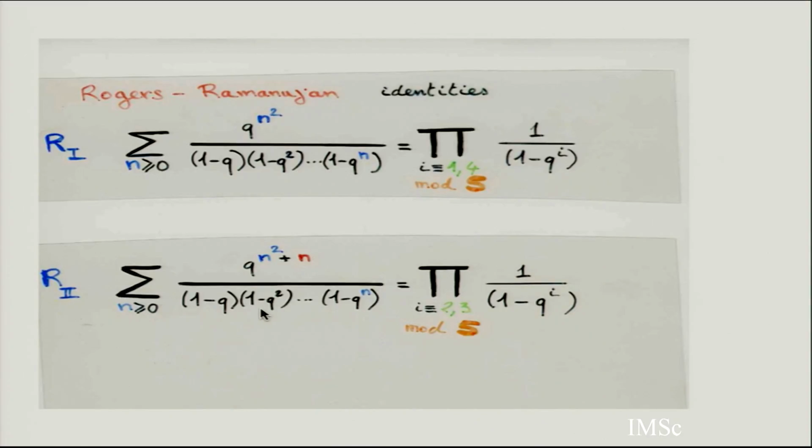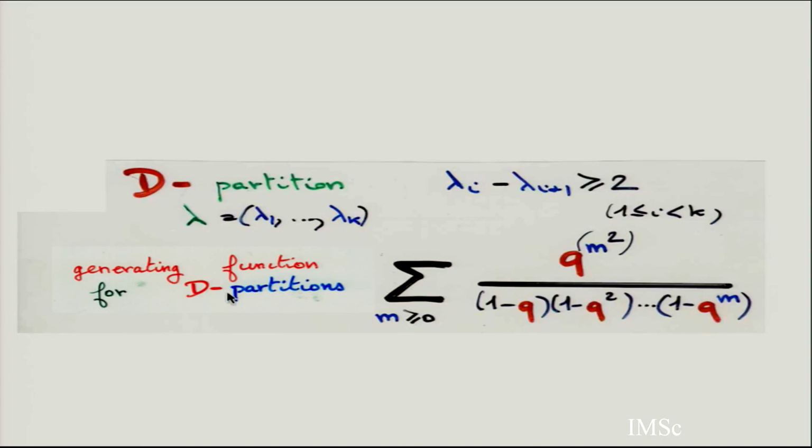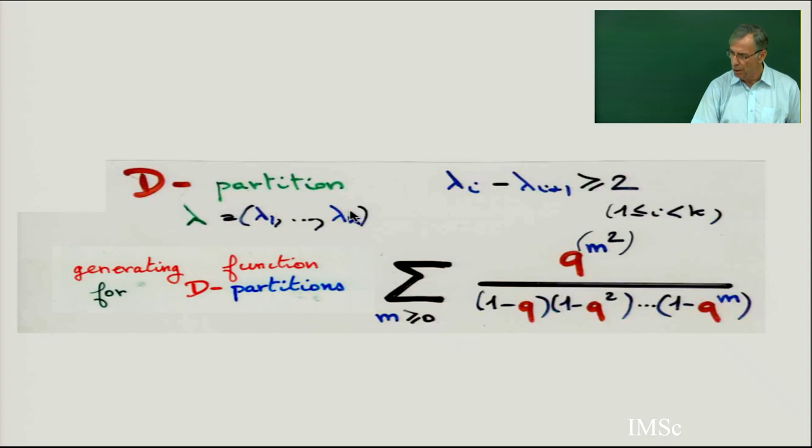And so in the class, we already met Rogers-Ramanujan identity with a pyramid, with a hard hexagonal model, the pyramid of hexagon. So here are the first and second Ramanujan identities. I didn't explain in the class the interpretation in terms of partition. So let's do it now. The left-hand side of the first Ramanujan identity is the generating function for D partition. And this generating function, sum of q power m squared divided by all this product, I claim that this is a generating function for a certain class of partition.